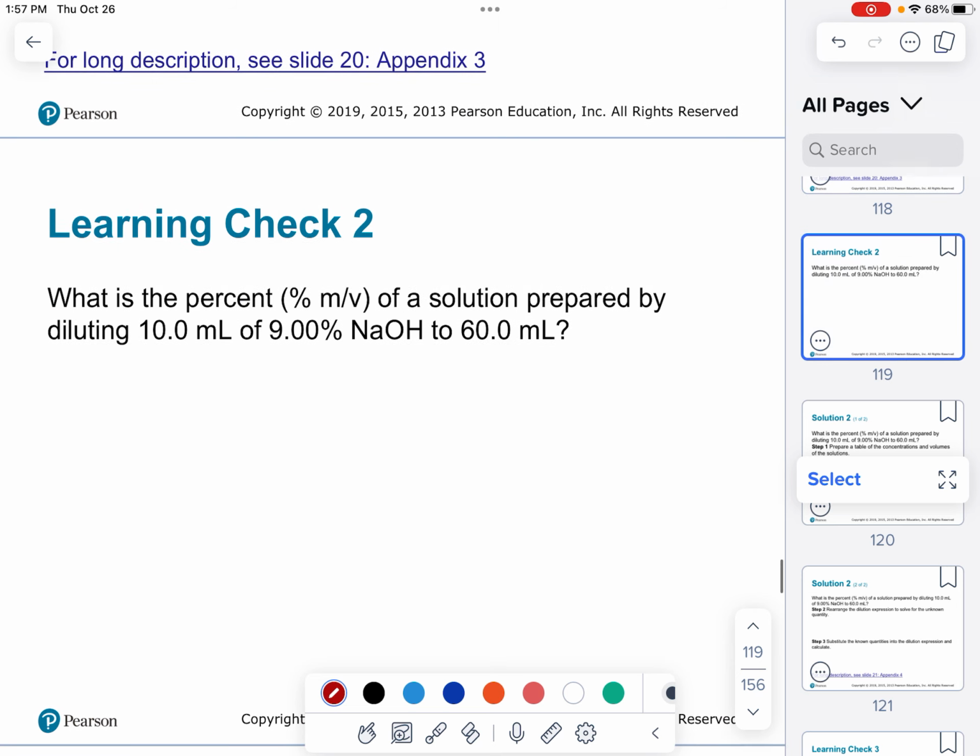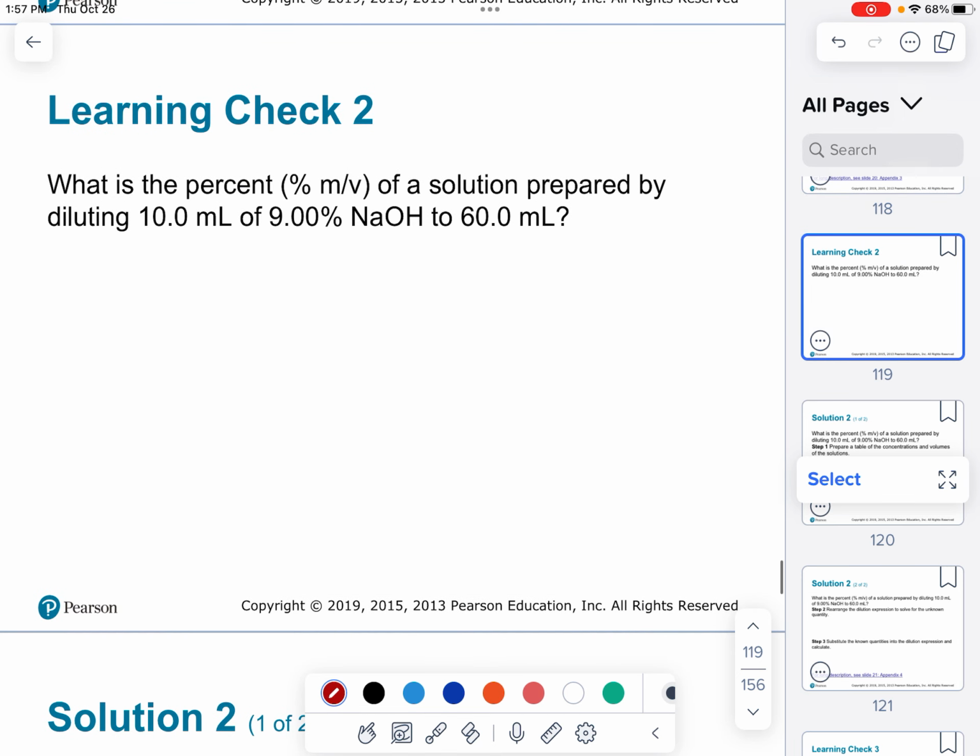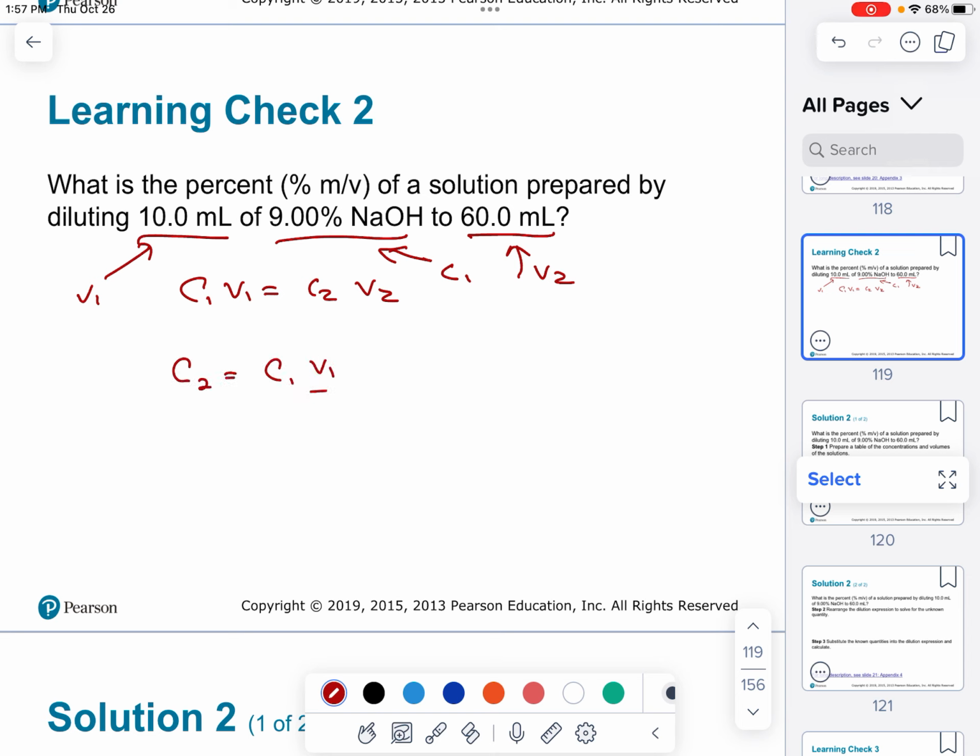Okay, what else have we got going on here? What is the percent mass over volume of a solution prepared by diluting 10 milliliters of 9% sodium hydroxide to 60 milliliters? C1V1 equals C2V2. Volume 1, C1, volume 2. So C2 is going to be equal to C1 times V1 over V2,